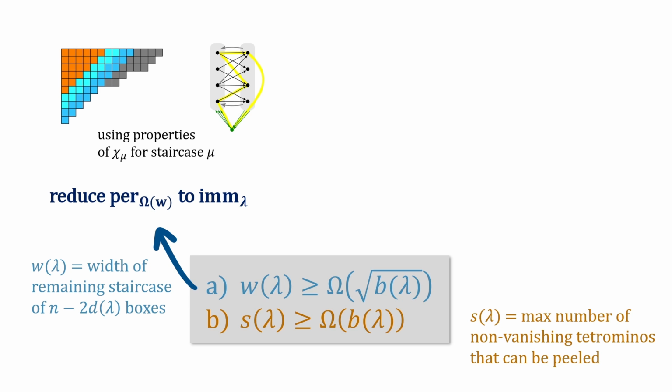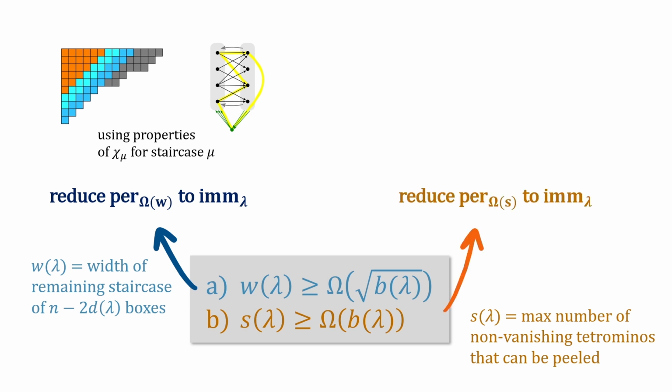And after we got rid of these dominoes, the part of lambda that remains is some staircase mu. And staircase characters have a very peculiar property. They vanish on any cycle format that contains an even cycle somewhere. We can use this property then to construct a graph H, such that the perfect matchings in G correspond to those cycle covers in H that don't vanish under the staircase character. And then overall, the lambda immanant of the adjacency matrix of H will essentially count perfect matchings in G.